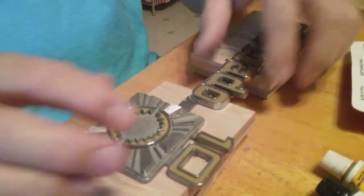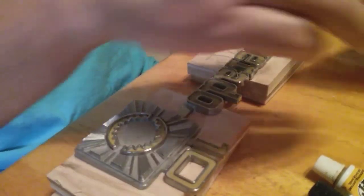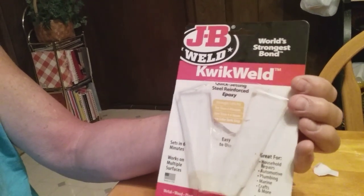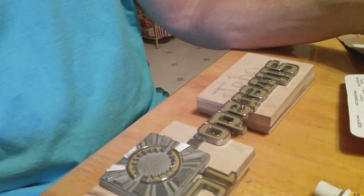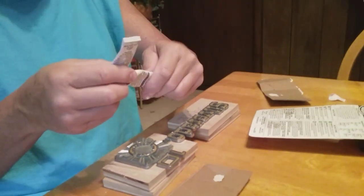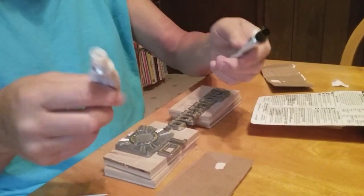So I've used this stuff before, but I haven't used it a whole lot. So what I'm going to use is JB Weld. I've used it before. It's pretty good stuff. And it's pretty self-explanatory, but there was a time in my life not too long ago that I'd never used it. So I'm going to show you what I do if it's not too old and too hard to use. But anyway, you get two